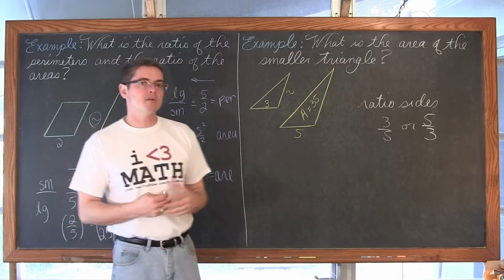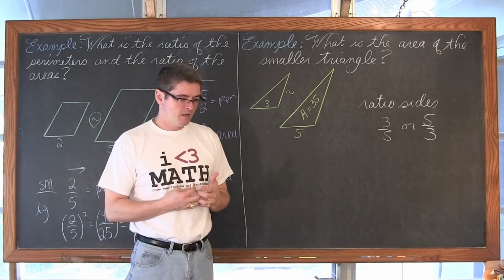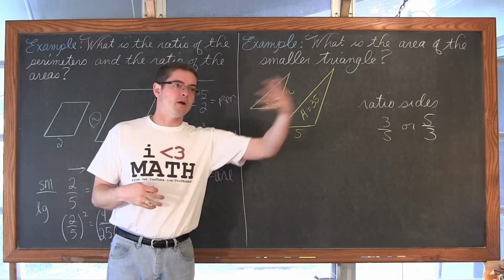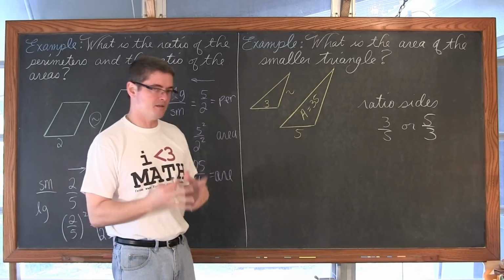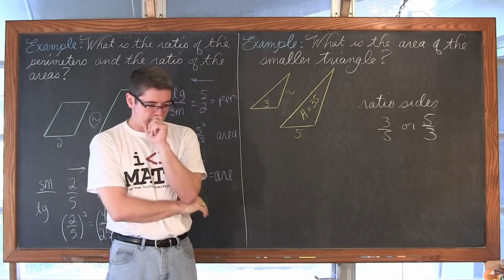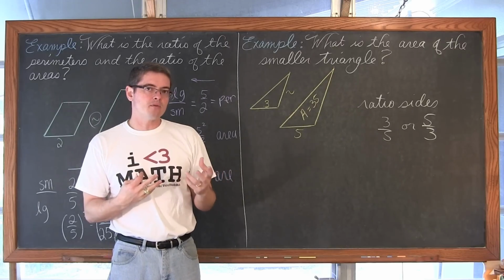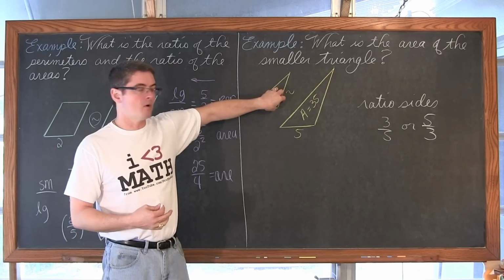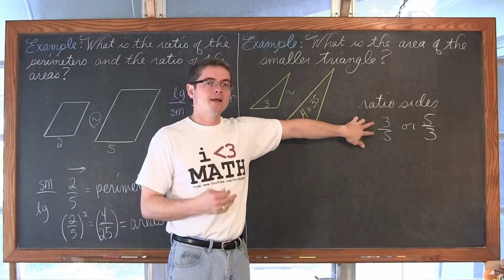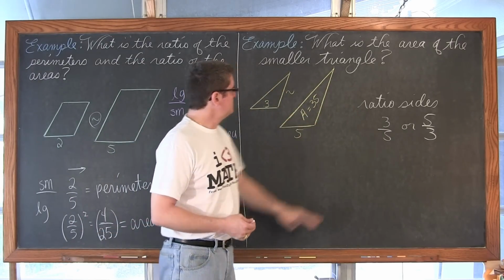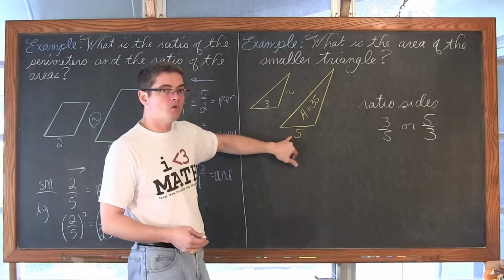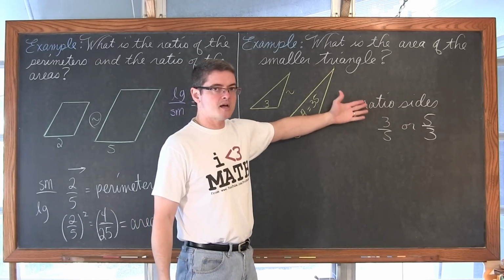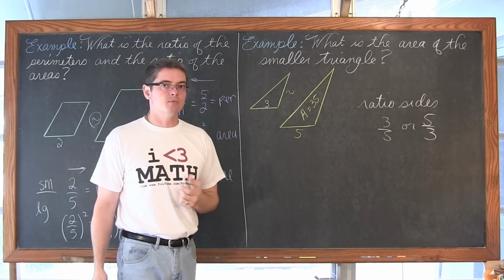If I multiply by a number that's greater than 1, then I'm kind of pausing because I'm thinking, well, you know, I could say greater than 1 and less than -1, but with areas, I can ignore those negatives there. If I multiply by a value greater than 1, then I'm going to get a larger answer, but I know my area is going to be smaller, right? So I want to multiply by a ratio that's less than 1. So I want to do 3/5. I want to do 3/5 as my ratio for either the perimeters or the sides, my ratio of change that I have between these two similar figures.